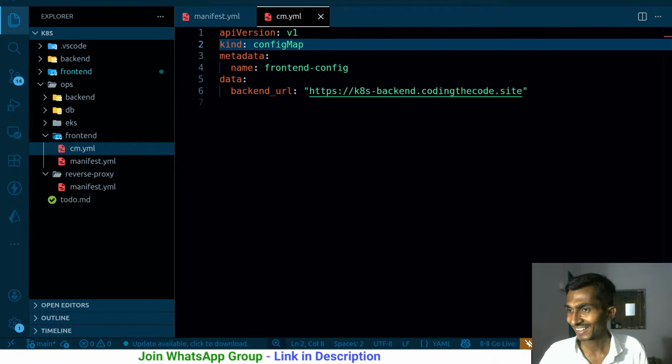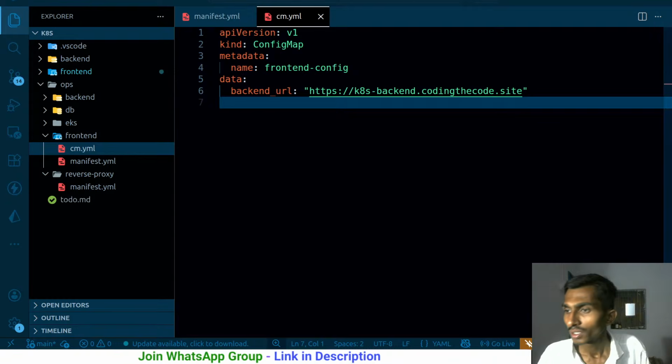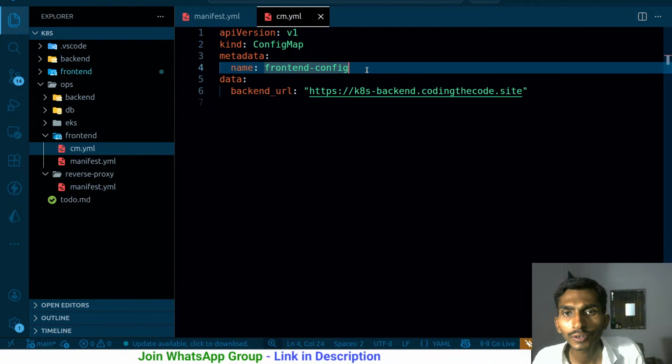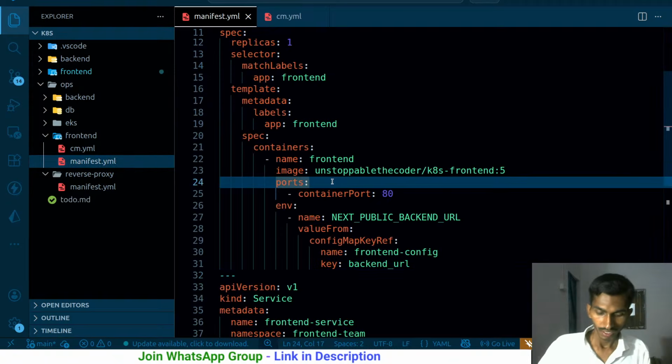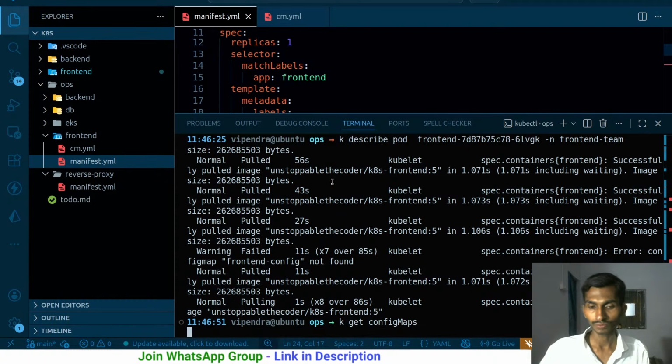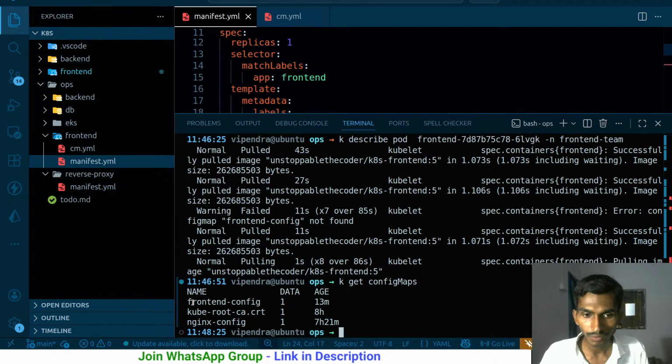How should it be made? No, this should be like this only. Config map. So have I done something wrong here? Config map I already have with version 1. Metadata, I have name front-end config. It is just unable to find that for some reason. So I have backend URL over here as well, HTTPS backend coding the code dot site. I have it here, and to be precise, kubectl get config maps, and I have this front-end config